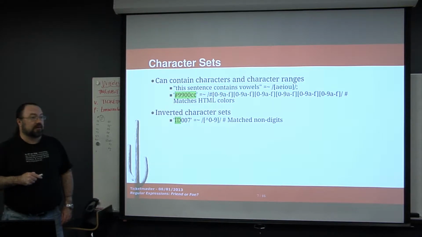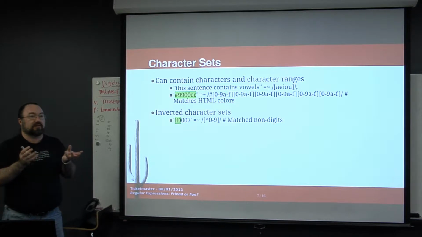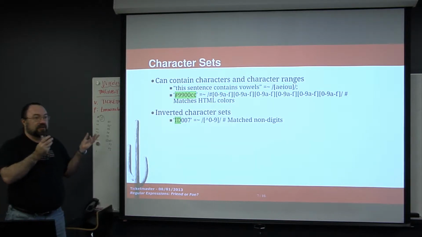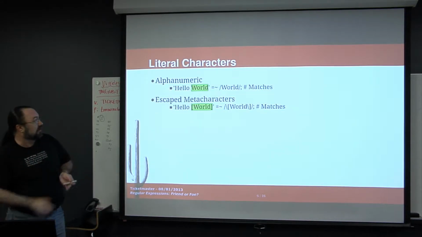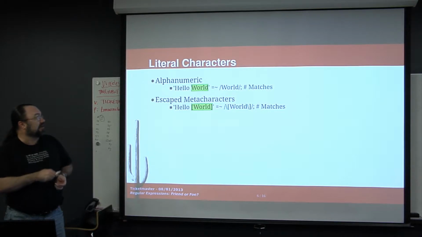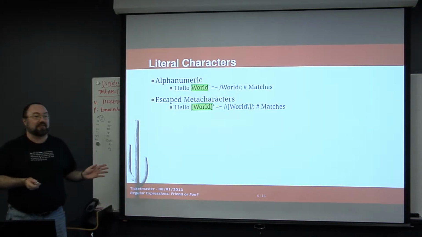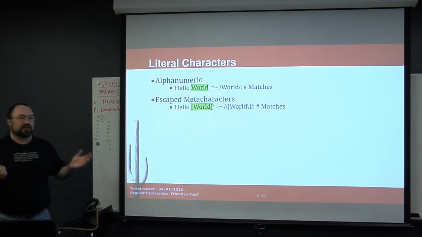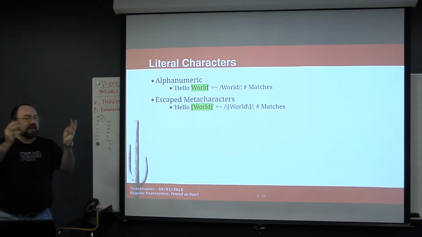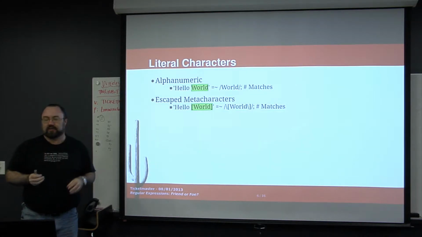And the order doesn't matter. I could have put these all in a jumbled order. Doesn't matter. It's just a character set, and it's just saying if any of these things are in here and match, then it will match. That's what he was referring to in the other one where I had world, where if I left the backslashes out of here, it still would have matched, but for a completely different reason, because then this would have been a character set with a capital W, and I could have jumbled these all up, and it still would have matched that. Does that make sense? Character set just means, here's a set of characters, and I want these things to match something in the string.